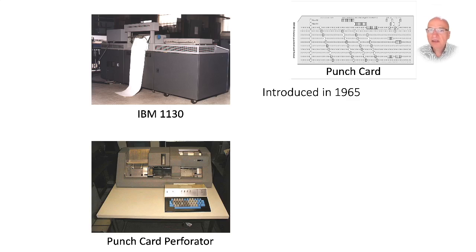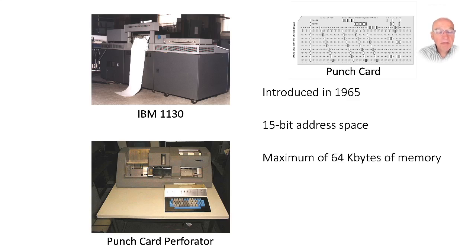But let's take a look at this machine to understand the motivation that existed when these were the type of machines that were available. So this machine was actually introduced in 1965. And this machine has a 15-bit address space, so there are 15 address lines, but it had a maximum of 64 kilobytes of memory in the machine. And later,